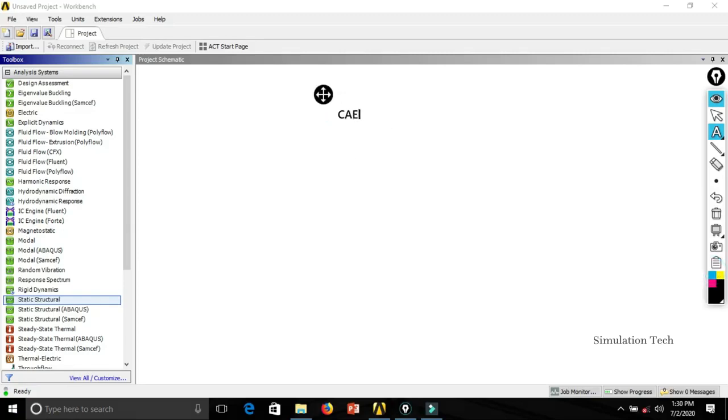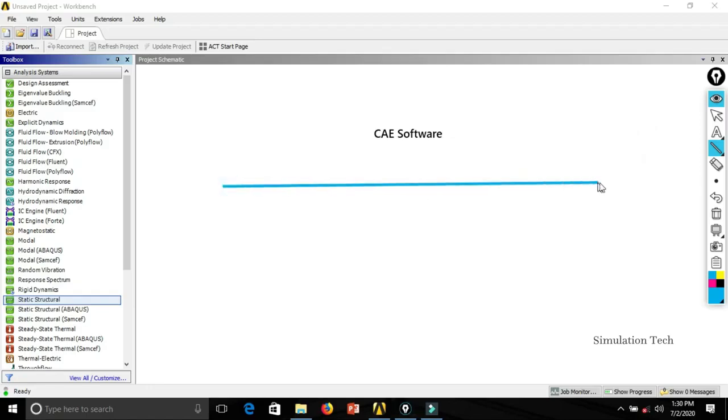So first, CAE. This is my CAE software. I can divide this into 3 main categories. So what is the first category?